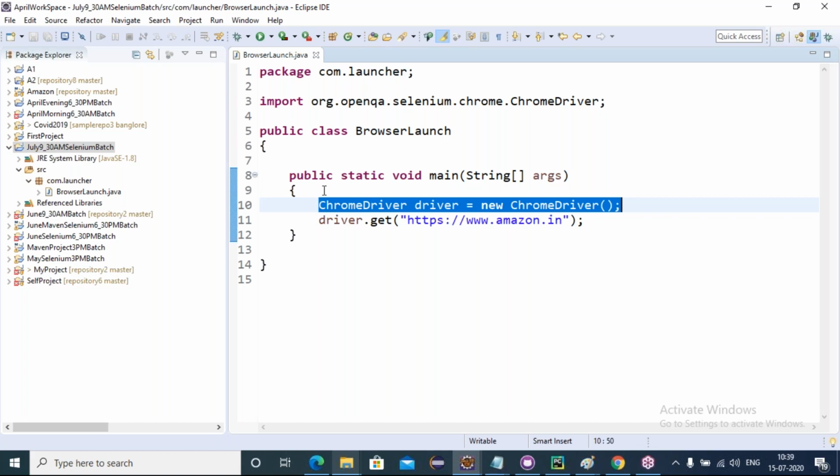Friends, we can set the browser driver versions in two ways. One is through script, where we can set the drivers path. Another way is to set it through system environment variables.